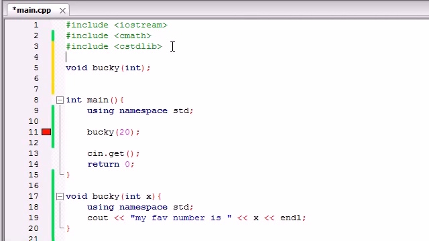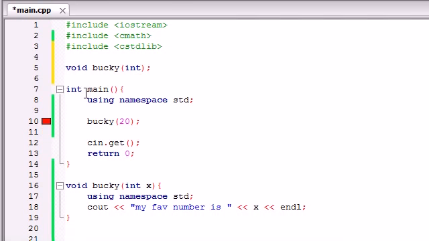Well, check this out. Whenever we create this C++ program, our program is going to do this. It's going to go main, and then it's going to look at Bucky and say 20, and it's going to say, whoa, easy, Bessie. Is this like a built-in function that I'm supposed to be looking at in one of these libraries, or are you trying to make 20 equal to the variable Bucky, or what the heck is going on here? What a function prototype does is tell our compiler, alright, listen compiler, when you get to this,